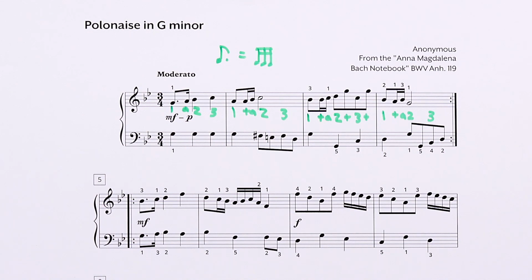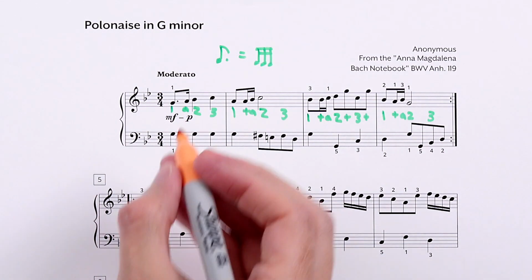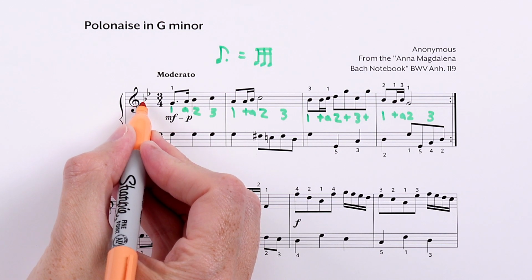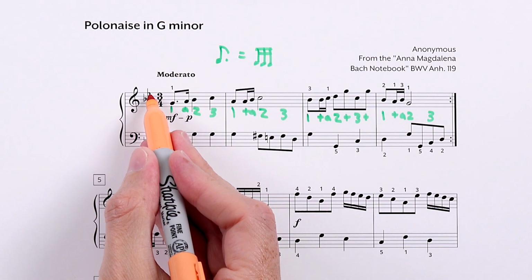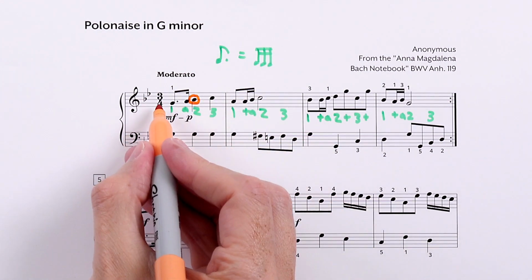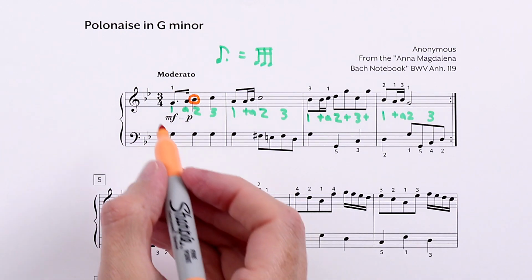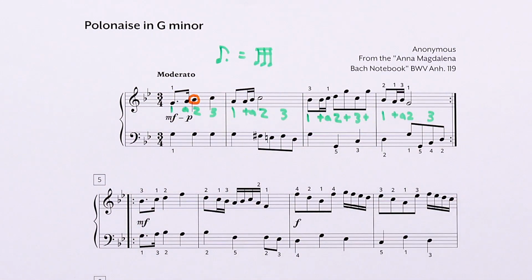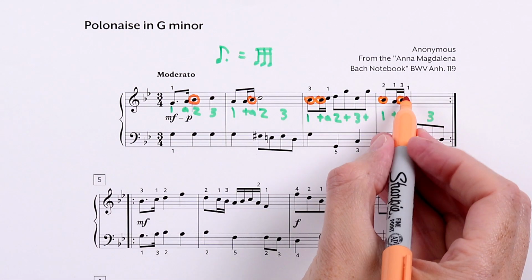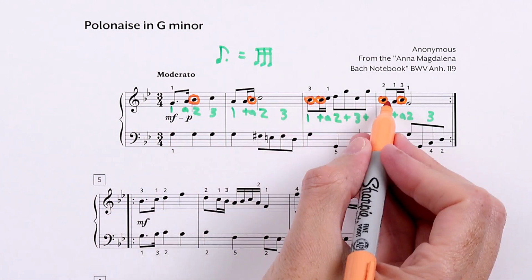The last thing you might want to do in your music before we play this is to circle all the notes that are going to be automatically flat because of our key signature. We know we have a B flat and an E flat, so we'll go through. Here's a B, so I might circle it, and that will remind me as I'm playing it to flat it. So pause and find all the B's and E's on this line and circle them, then press play to go on. We didn't find any E's, but there were several B's, and so now we'll remember to flat those.